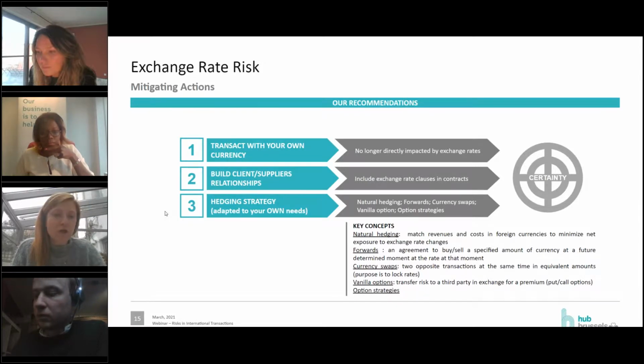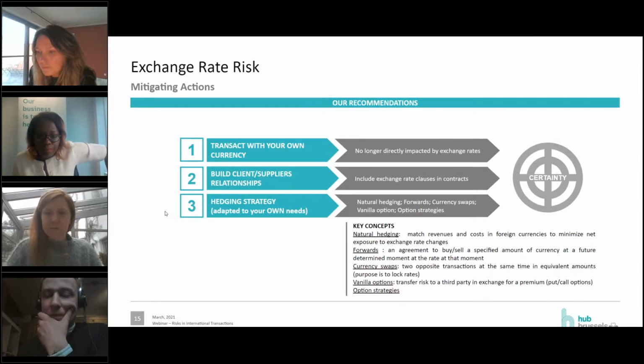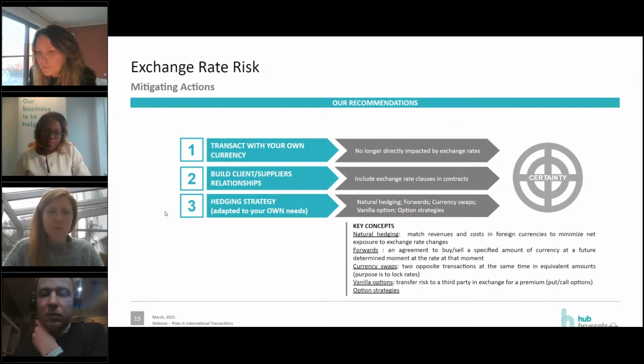We didn't pay too much attention to the Incoterms, but this is definitely something companies need to be aware of, so that they also understand their roles and responsibilities. Maybe if I can jump in on this one as well, what we see sometimes is that you agree on an Incoterm with your supplier or your clients, but it is also very important that you lock that into your contractual agreement as well, because if there is a discussion, your contractual agreement will supersede